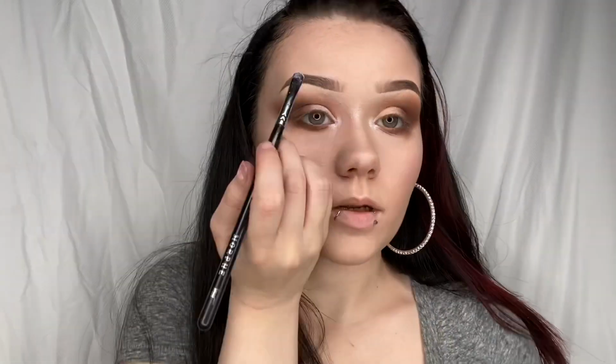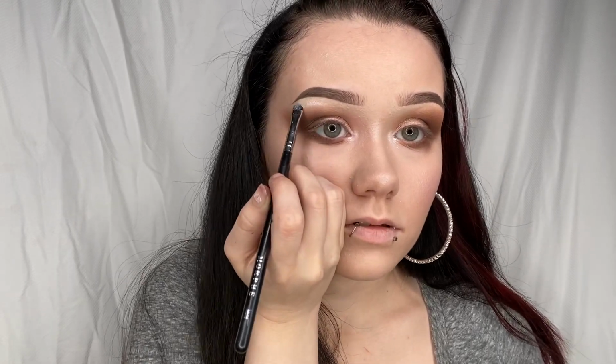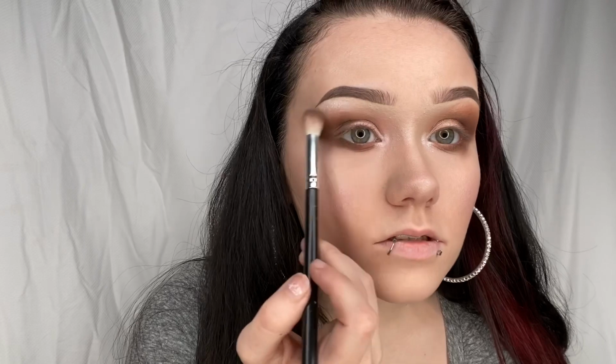For your brow bone, you want to put it right under the arch in your eyebrow. Blend it a little bit. And then sometimes I like to go back in with that same brush that I was using and just...